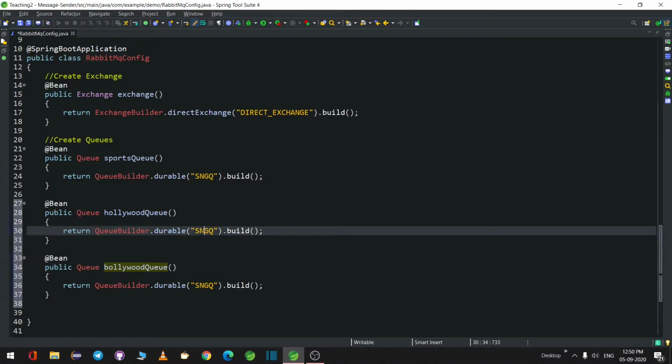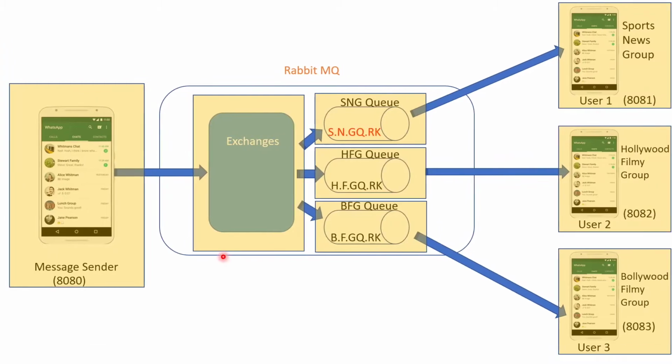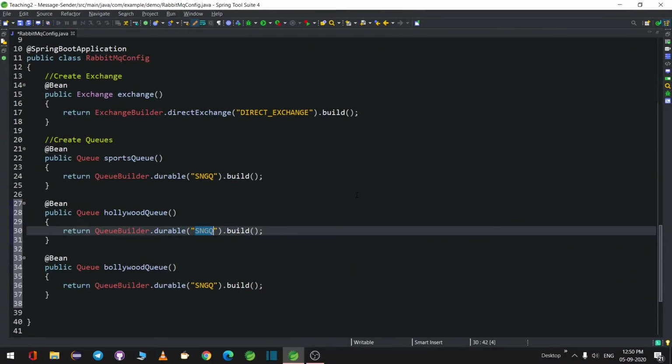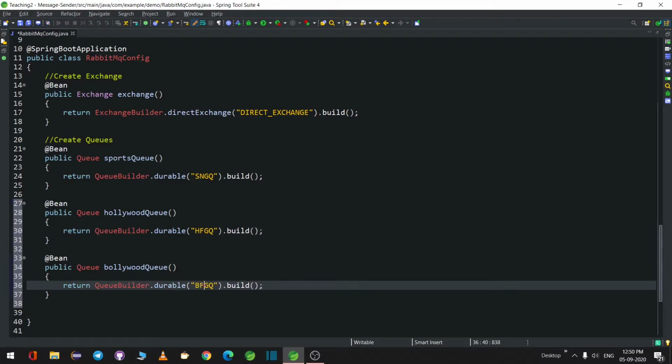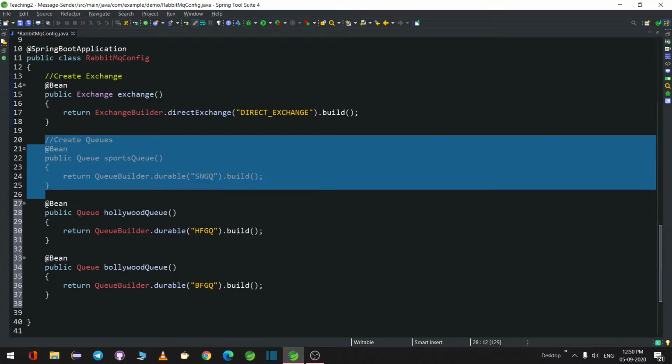And you have to use the queue name here. What is the queue name we have created? Which is HFGQ and BFGQ. Okay, we'll go back. HFGQ and BFGQ. Okay, so now we are done with creating exchanges and creating beans.